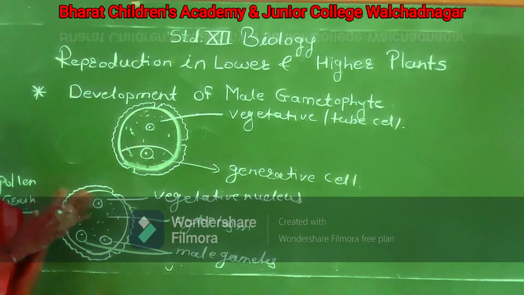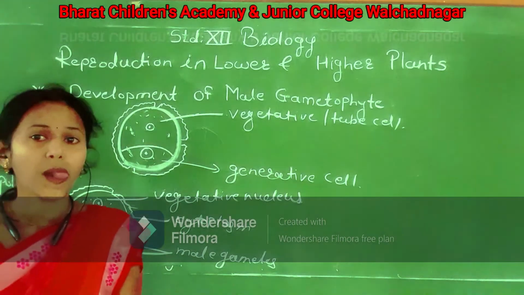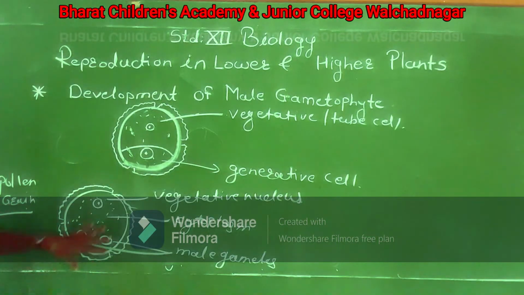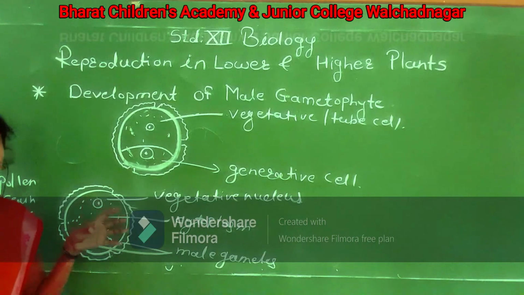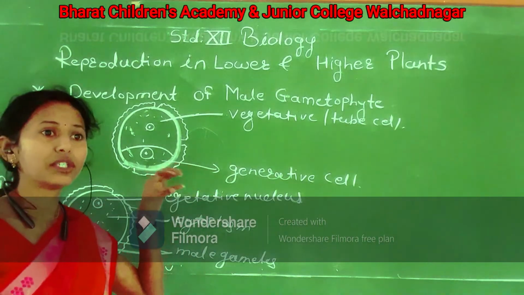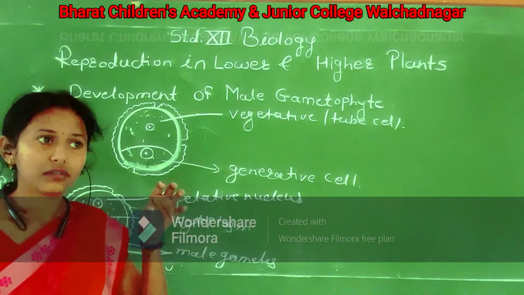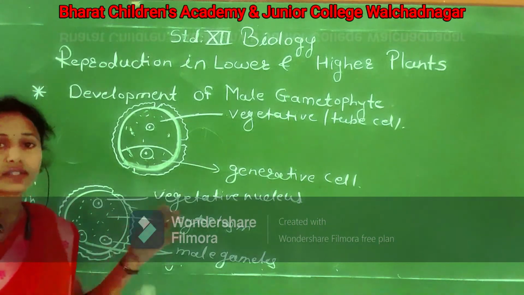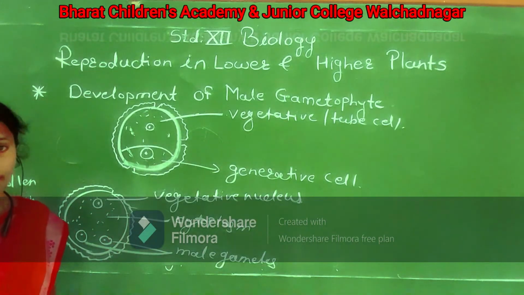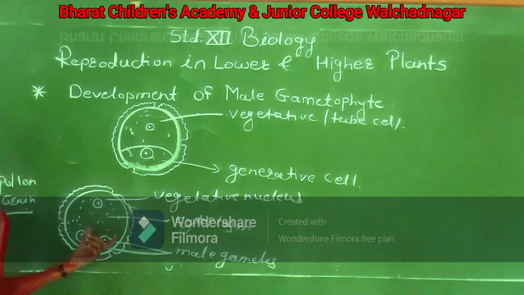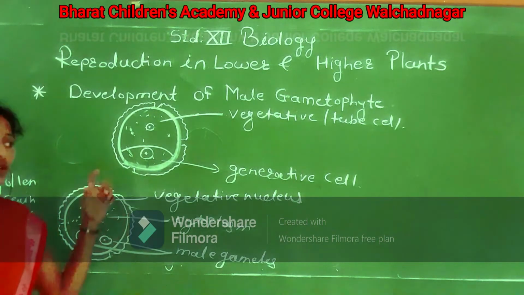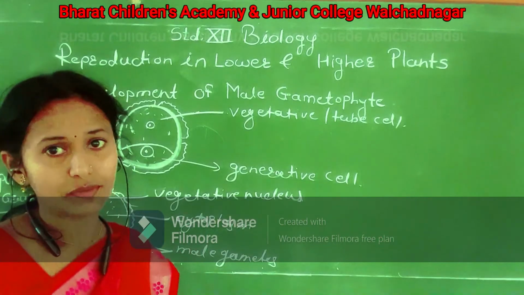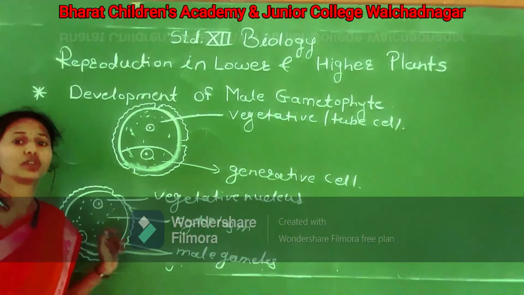Now this pollen grain is deposited on the stigma of the flower after pollination. At that time this pollen grain comes in contact with the stigma surface, and on the stigma surface a sugary substance is present. So the pollen grain comes in contact with that sugary substance. What happens then? The volume of cytoplasm increases because of absorption of these sugary substances.